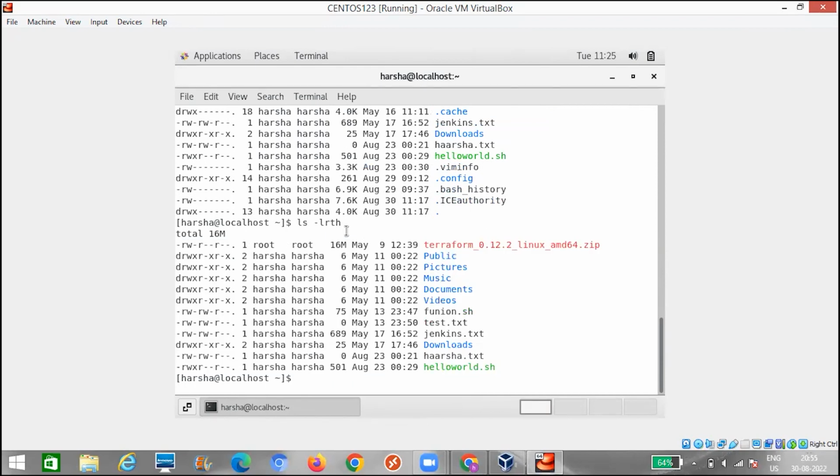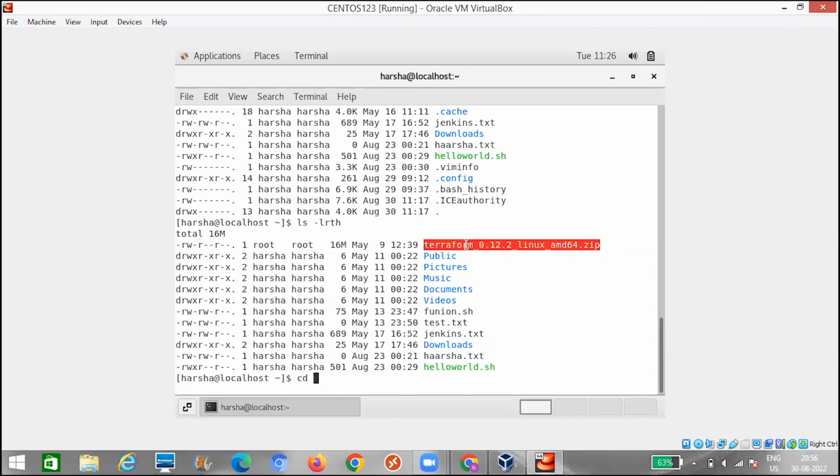Hope it is clear till now. We will go to other commands. The next command I will show is cd, which is change directory. If I want to move from one folder to another, one directory to another, the command we need to use is cd. Here, public is a directory and pictures is a directory, because they start with d in the permissions section.